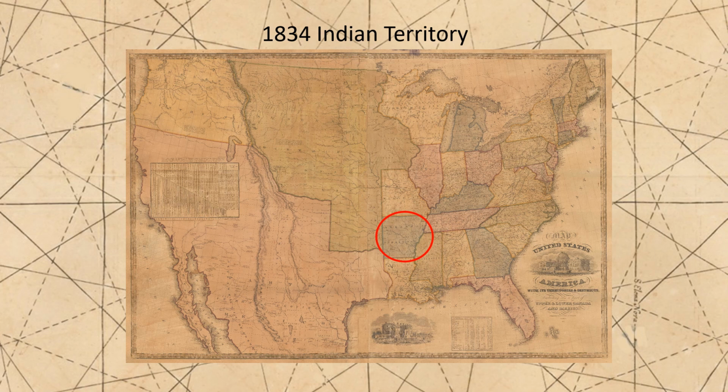This caused Arkansas Territory to be reduced to just the eastern part south of the new state of Missouri. This introduces the notion of Indian Territory within the boundaries of the United States. From the earliest days of European settlement, Indians had been, quote, removed from their lands and forced to move west. This was but the start of a long series of cases where Euro-Americans decided Indian lands were useful to them, so they forced the Native Americans out of those lands and pushed them further and further west.